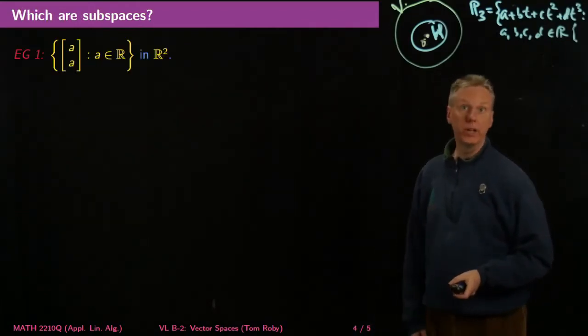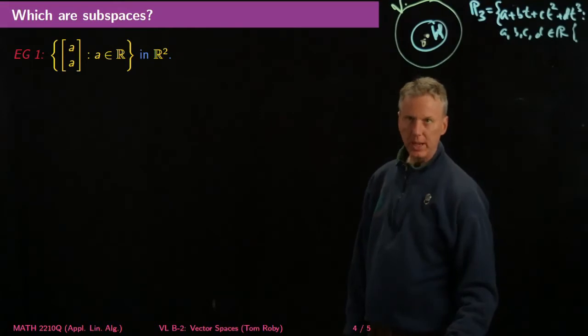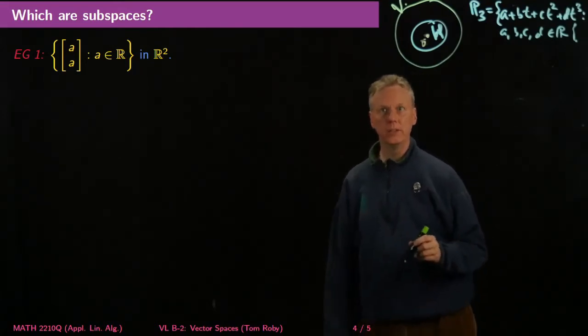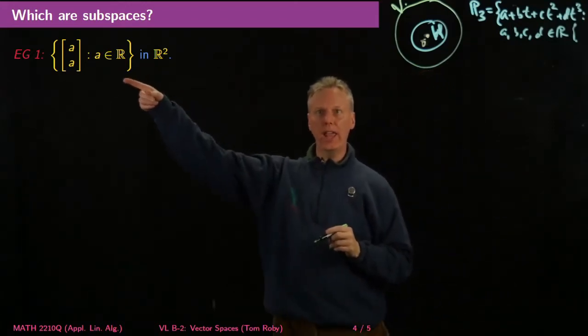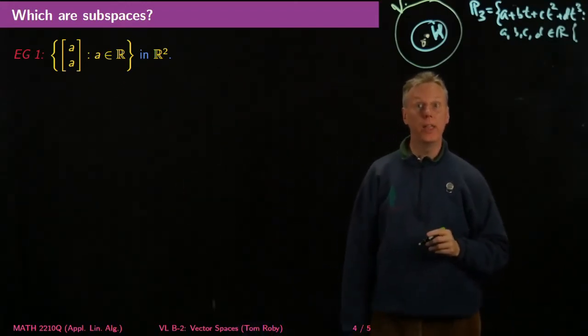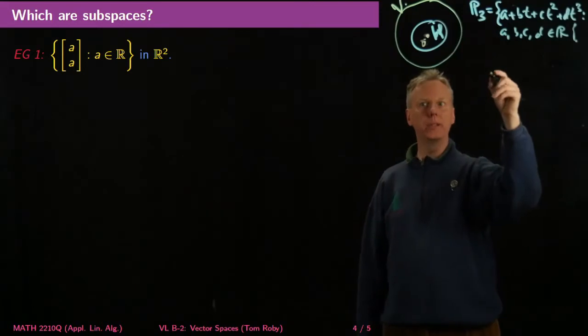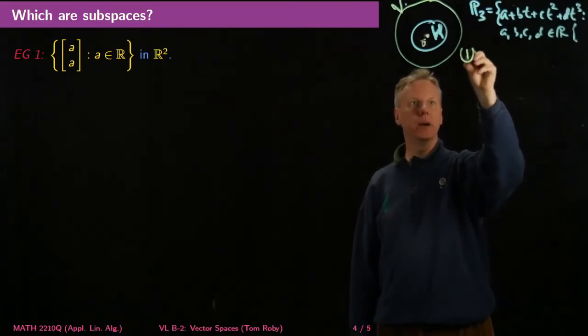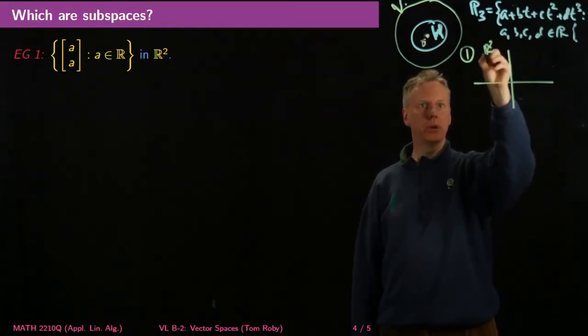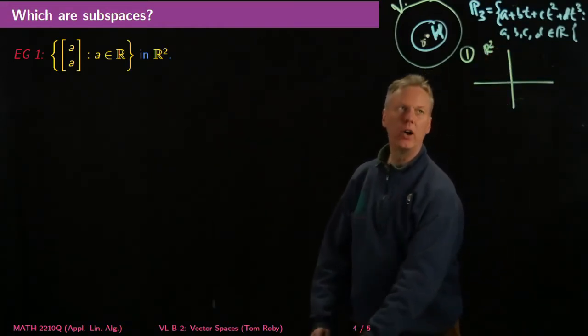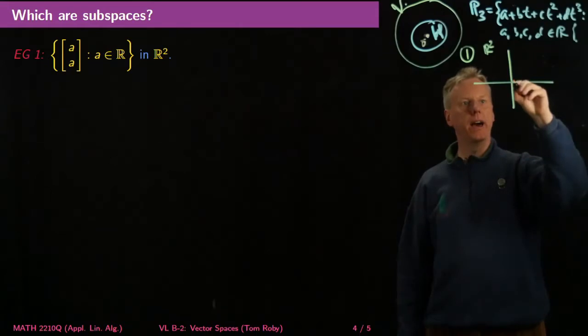And now let's take a look at a bunch of other possible examples and try to make sense of them. So for example 1, I'm asking about the set of all (a, a) such that a is a real number, that lives inside R squared. And that one's not so hard to draw, right? So this is example 1. I can draw a copy of R squared pretty well. And now if I look at the set of all (a, a), then I'm just going to have,